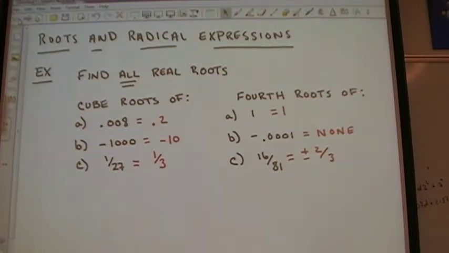It's basically looking for what the calculator would give you. So if you typed in the square root of 4 in your calculator, what is it? Plus or minus 2? No, it just gives you 2. But if you were solving an equation that involved taking the square root of 4, then it would be plus or minus. So if it asks for each, it just wants what the calculator would give you. So in the first example, find all real roots, all cube roots of